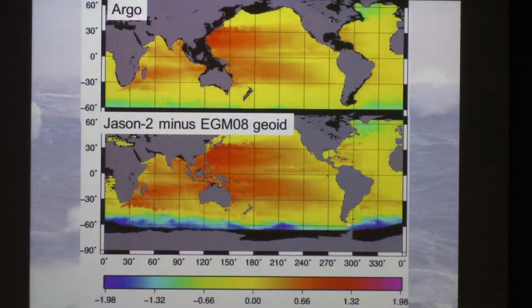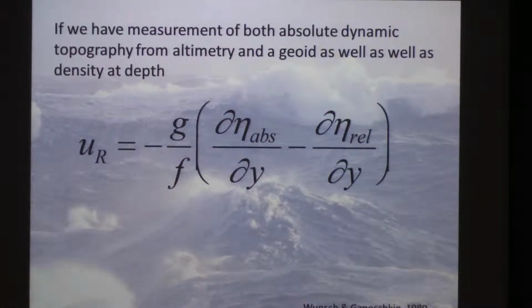What I will argue and show is that it's really indicative of a large current at that system. And so if we have these two independent measurements, and they're biased by this reference current, we can actually just difference them and estimate what that current is at depth, that geostrophic current at depth. And so again, this was proposed 30 years ago, and it has only recently been able to be verified and